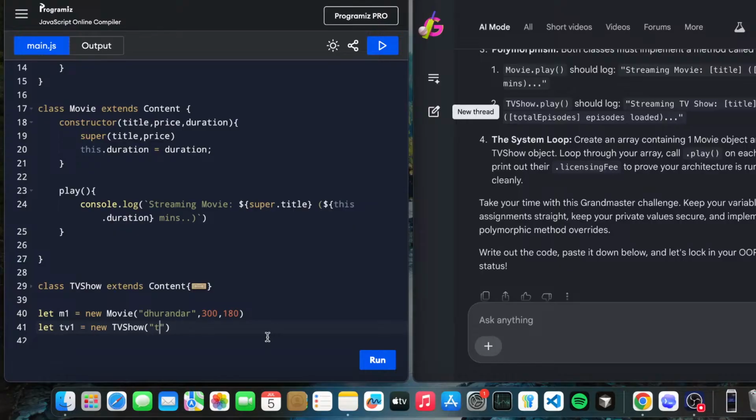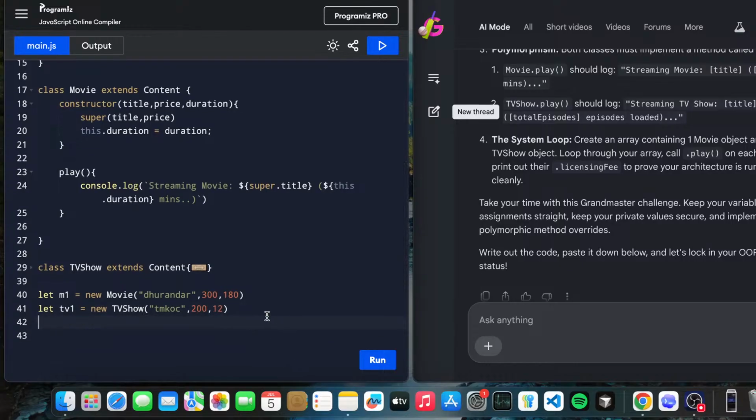Tarak Mehta ka ulta chashma, TMKOC. After a long time I remind them. Its price is mainly just 200, and it has 12 episodes. It's like a never ending show.